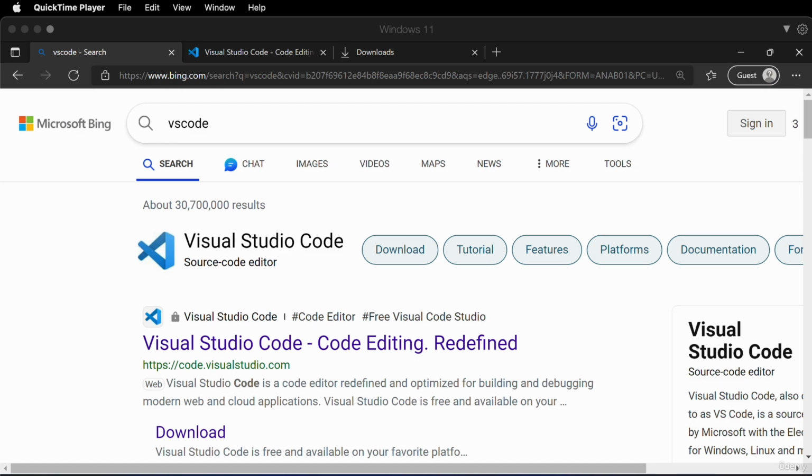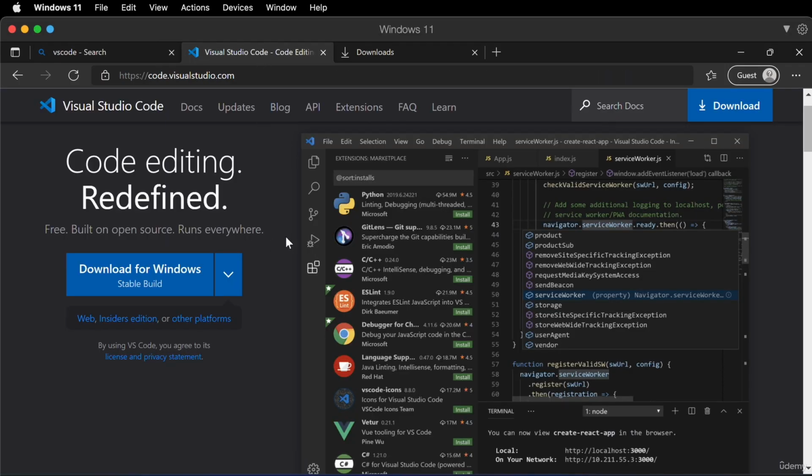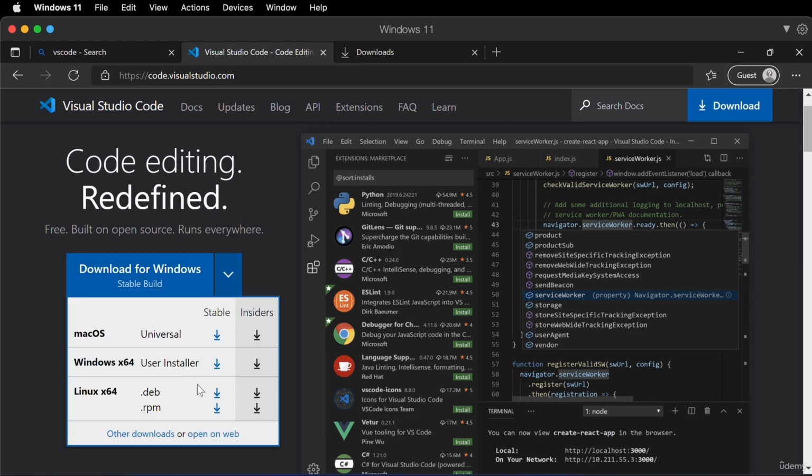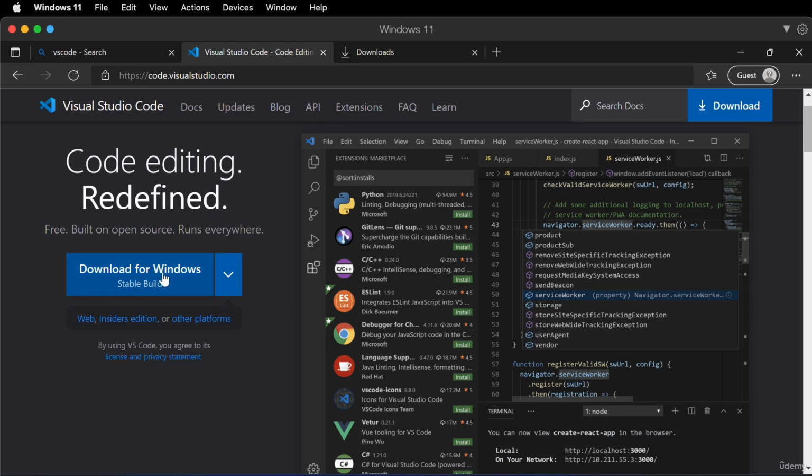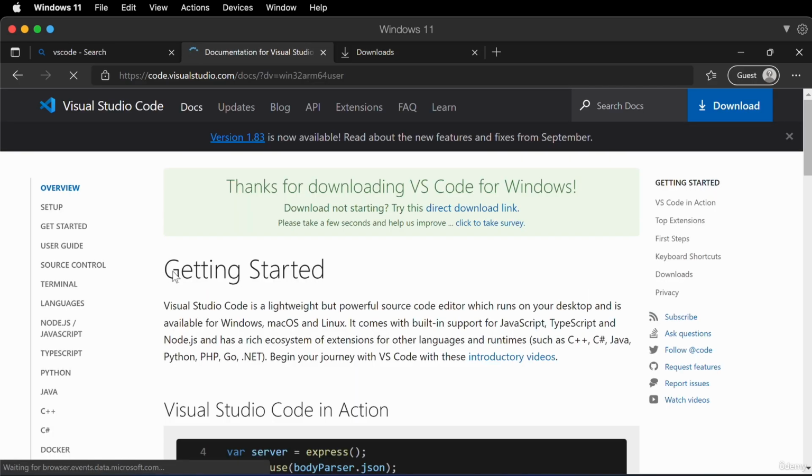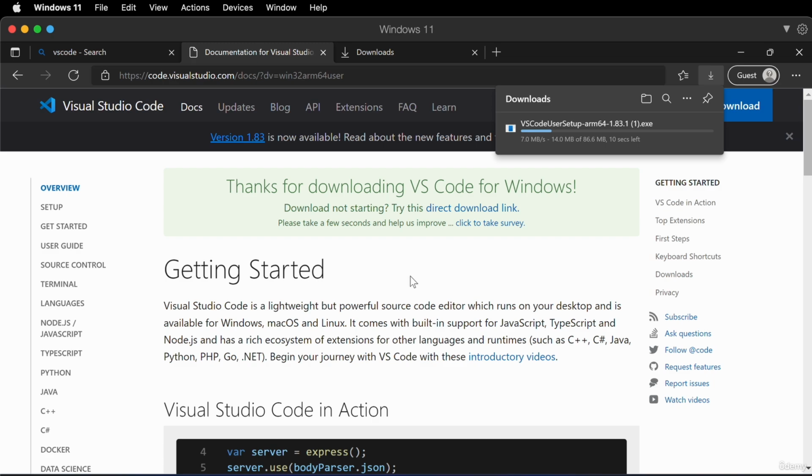So to install Visual Studio Code on Windows, all you have to do is search for VS Code in any search engine you like and simply go ahead and download from code.visualstudio.com. If you go to this link, you will see the basic download button over here for Windows. There are some other options as well, but I would recommend just going with the default build. If you click on this, it is going to download the executable for you, which is a fairly small executable, approximately 90 megabytes. So it should be done really quickly. We're going to go ahead and run this installer